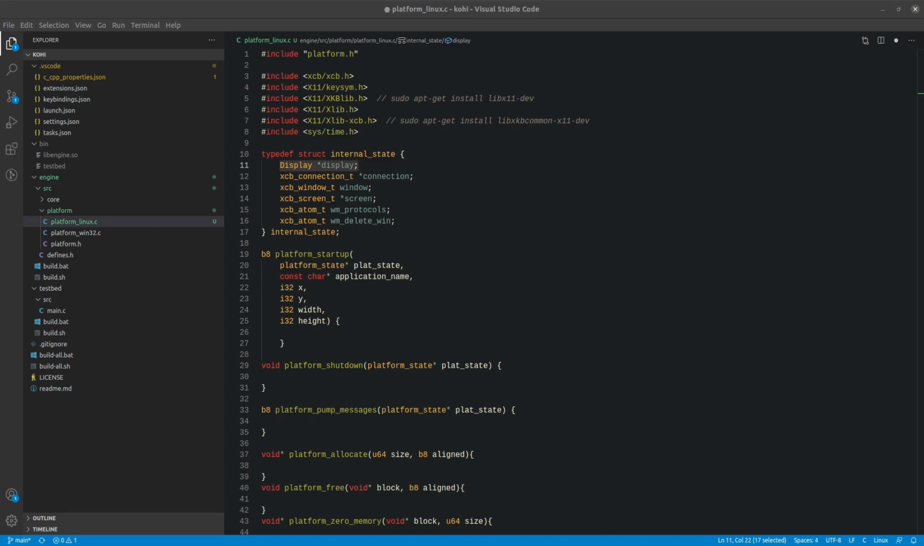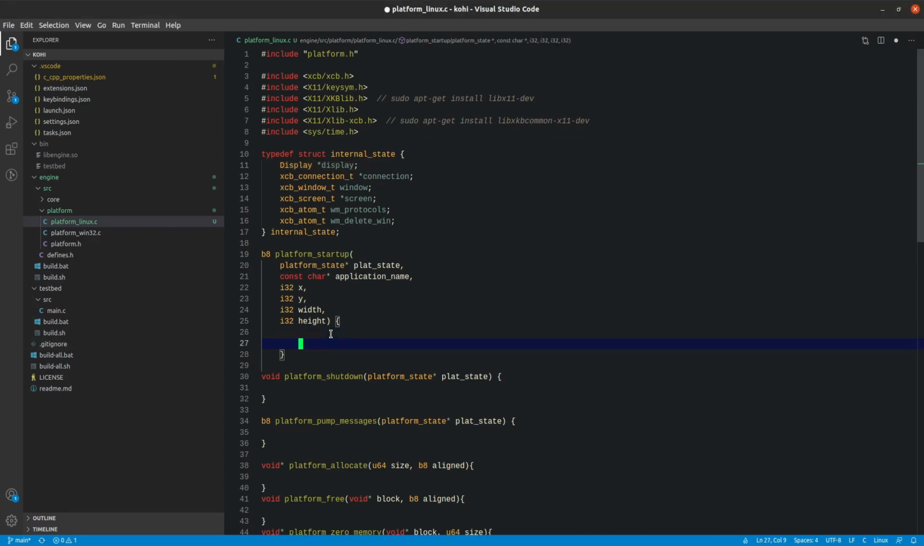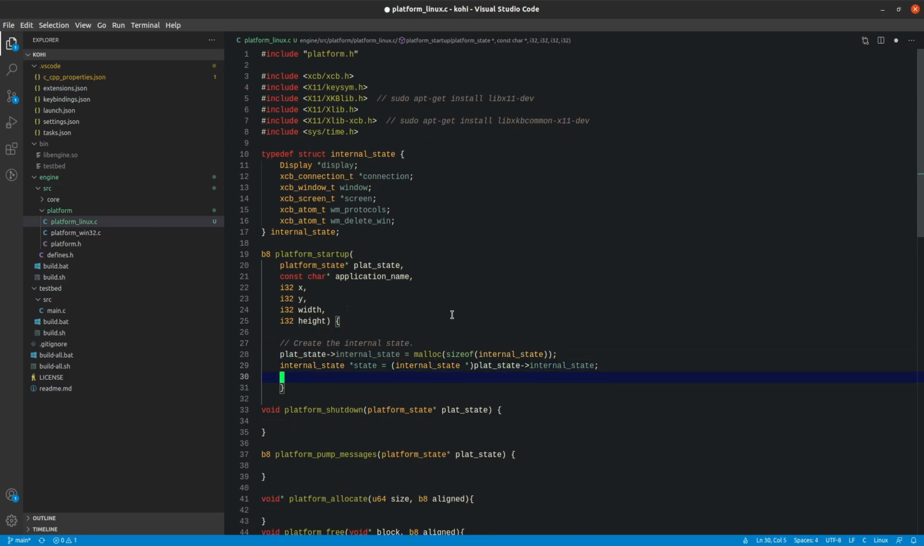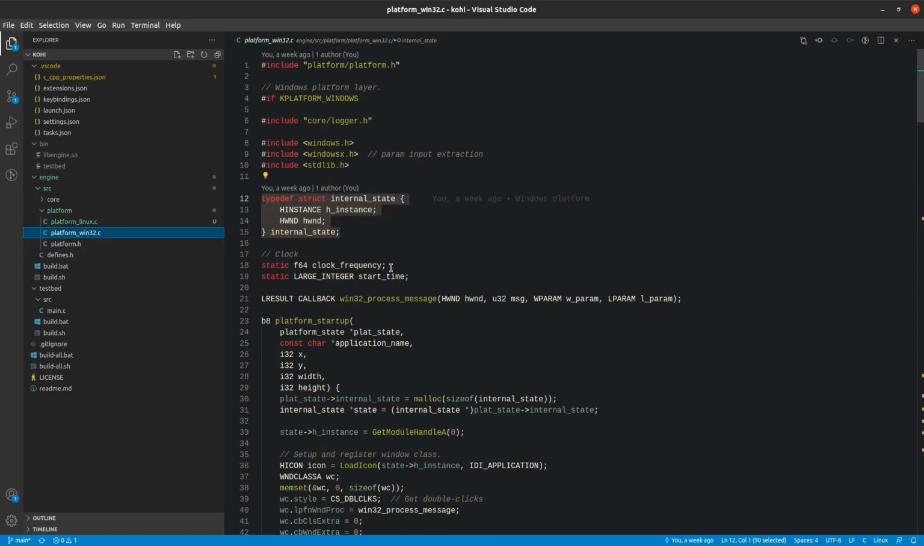And the very first thing that we're going to have to do, similar to what we did on the Win32 side, is we're going to need to set up the internal state. So right here, we'll go ahead and fill out the internal state with our new structure. Again, this is internally defined within this C file, so it will not actually collide with the one over here